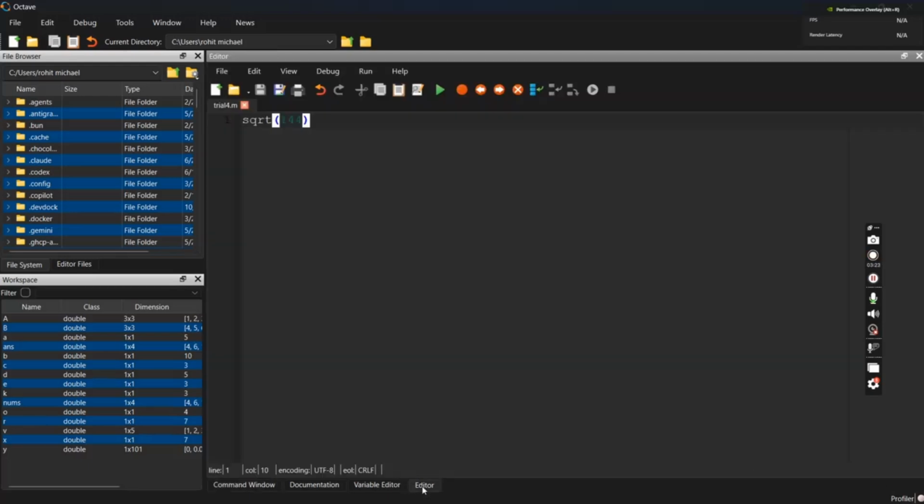So after this, let us talk about plotting graphs. And these are the fun part, right? These are places where Octave really shines. Now, for plotting a graph, first, take a new script